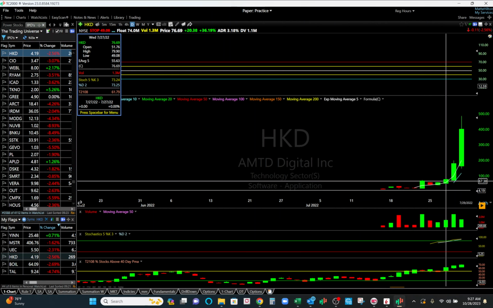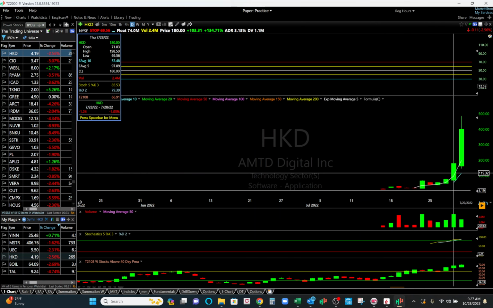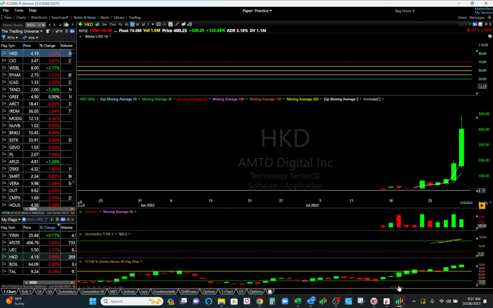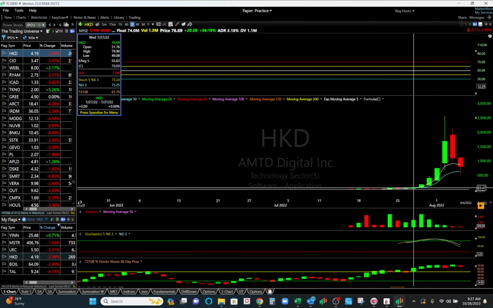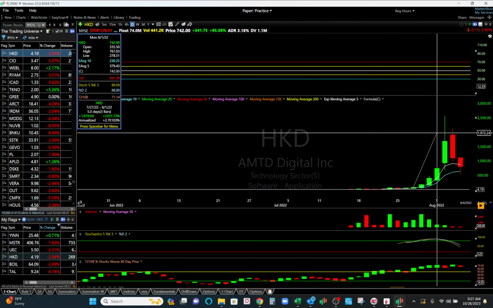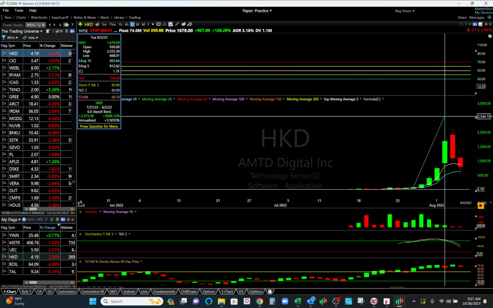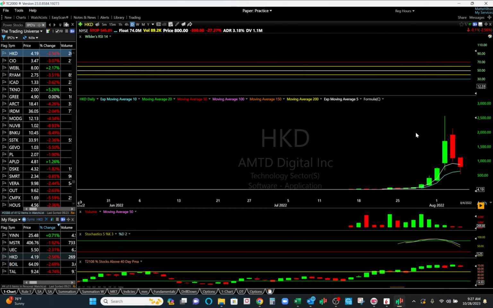So this closed at 76, went up to 200, went up to 500, and then went all the way up to 2,500. So we would have gotten in at 76 and rode up to 2,500. That's 3,000%. If you got $10,000 in this, that's $300,000 you now have. This is the unicorn. These happen maybe once every 5 years or something like that, once every 3 years.